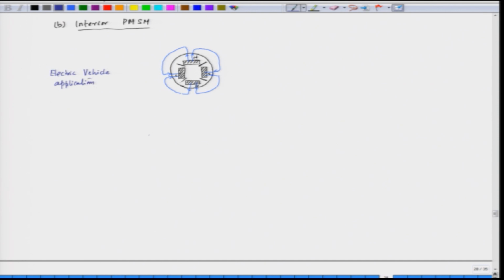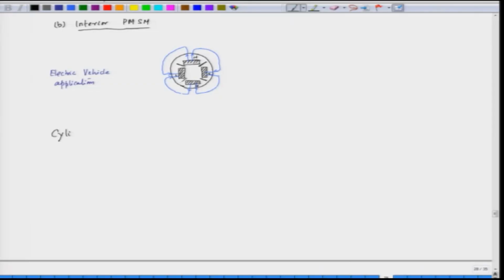Now, with this discussion, let us go back to derive some of the very fundamental equations for synchronous motor. We will first take up a cylindrical rotor synchronous motor, where the field is a cylindrical field and we have winding in the field, and we will be deriving equations for a cylindrical rotor, wound field synchronous motor.